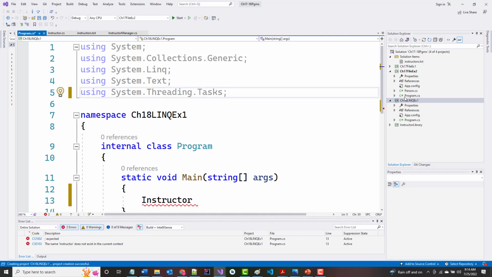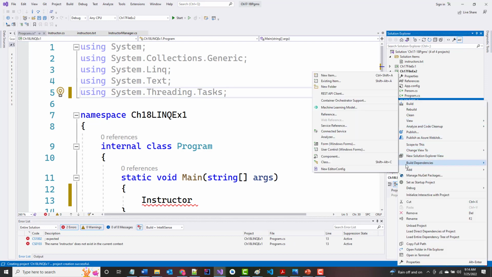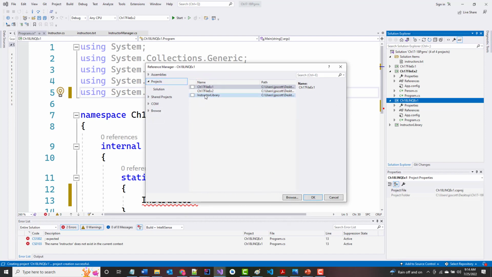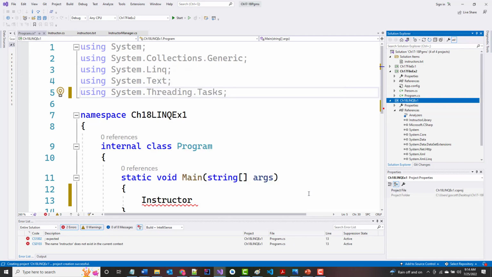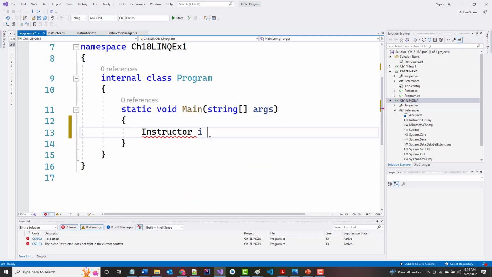All right, let's right mouse click on here and choose add and reference. All right, so projects, there's the instructor library right there. I'm going to click on that and I'm going to click OK. All right, now if I type in instructor I equals new